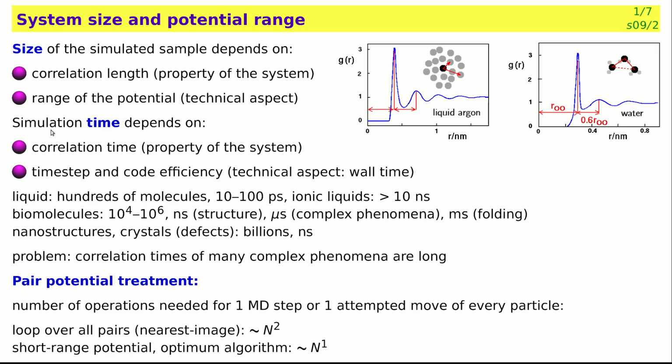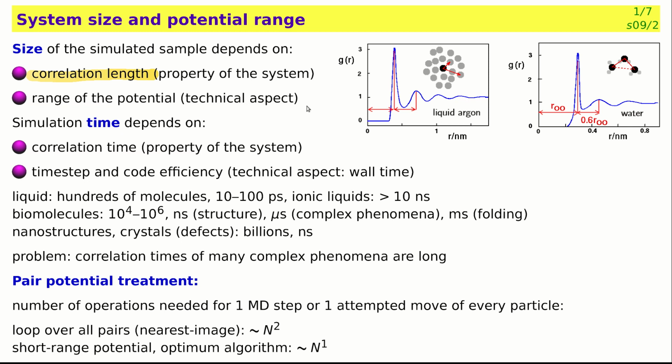Hello, this short talk will be about the size of the simulated system and also on the necessary time. The size of our simulation cell depends on several circumstances. First, there are physical circumstances, particularly this is the correlation length. The correlation length is a distance after which the parts of the system do not know about each other, or